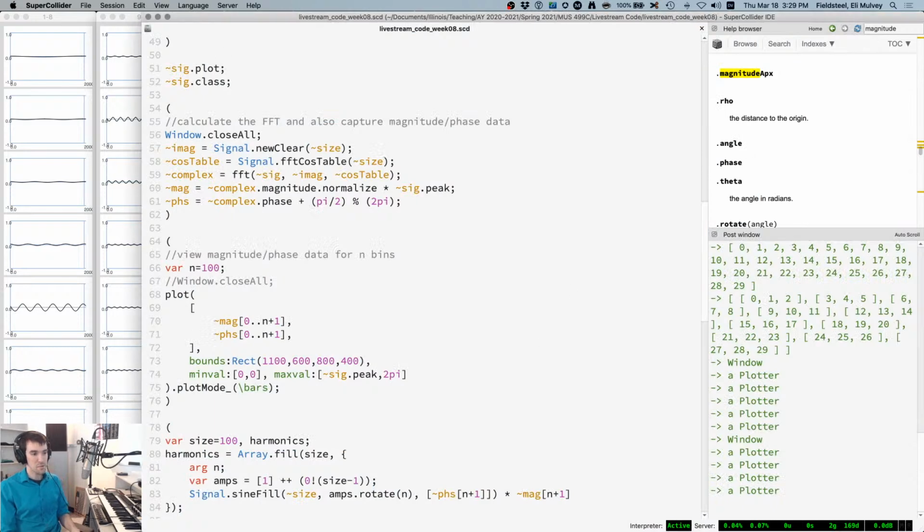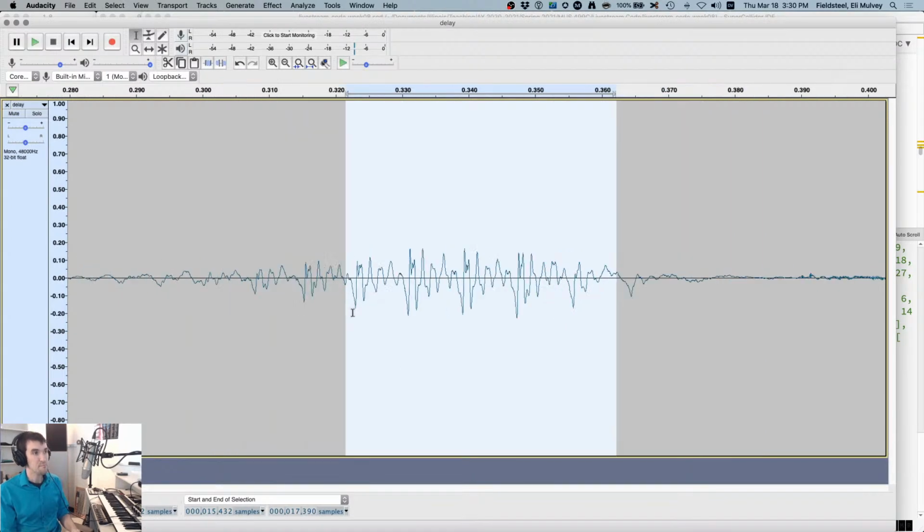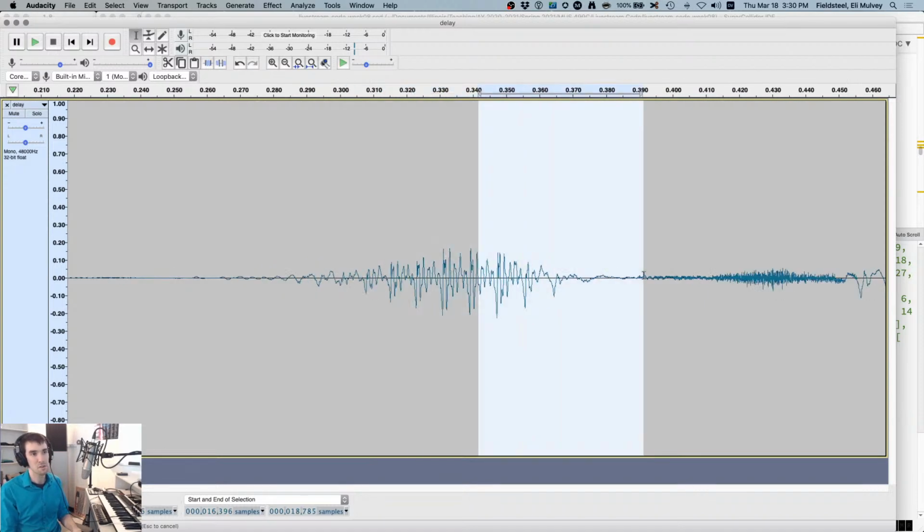All right, so that's what's happening when we talk about the FFT in real time with audio. It's going through, it's taking a chunk of some power of 2 number of samples, doing the FFT, extracting amplitude and phase data, allowing us to mess with that data optionally, and then resynthesizing from the frequency domain to the time domain, sending it out on the audio path, and then it jumps to the next chunk, and